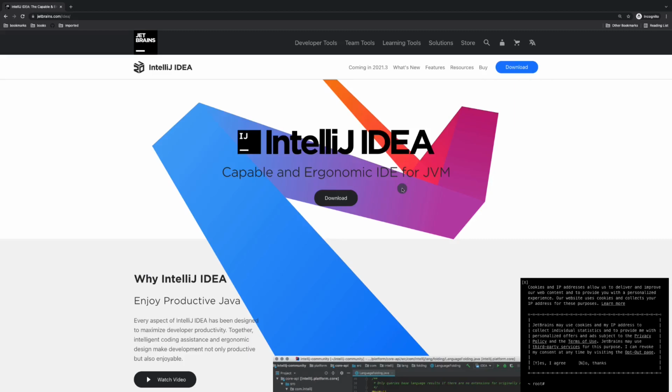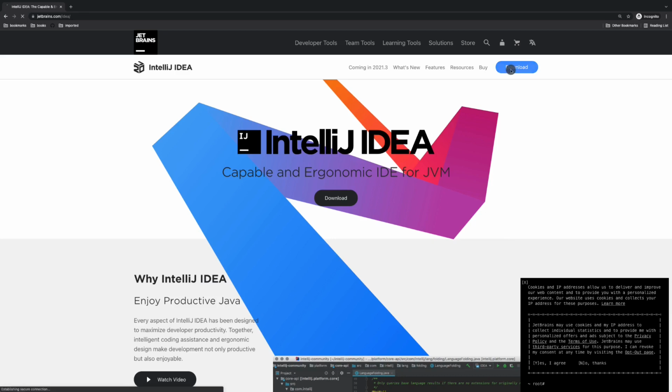For this course, I'm going to be using IntelliJ as the IDE of choice, but you can use any other IDE such as NetBeans or Eclipse or even VS Code if you wish to do so. But you'll see that if you use the exact same IDE, then you'll have no issues running and completing all the exercises. So here, navigate to